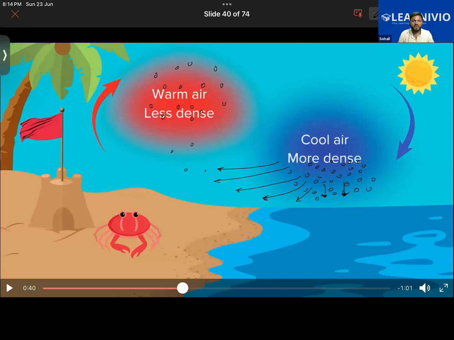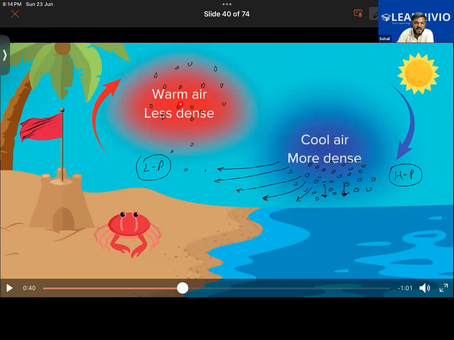Also, on the ground you are understanding how it is happening, but how is it happening higher above the land, in the air? How does this warm air move towards the water body? Right now we are talking higher up in the sky. Try to understand, there is a flow of air from high pressure towards low pressure. Air is moving from a high pressure to a low pressure area, isn't it? Because more air molecules means high pressure, and fewer air molecules means less pressure. So from high pressure to low pressure.